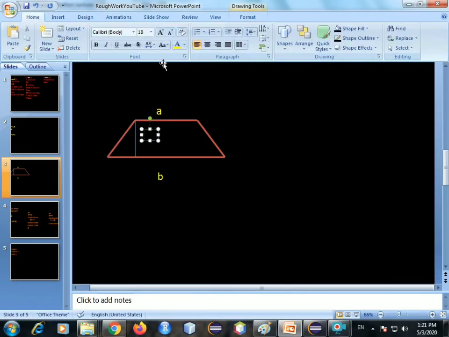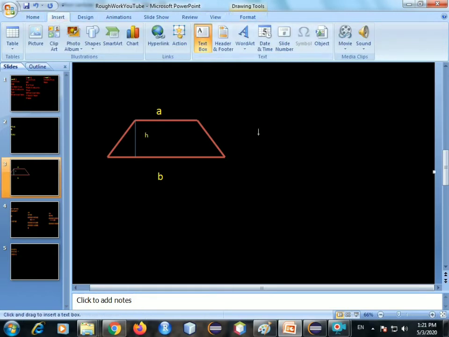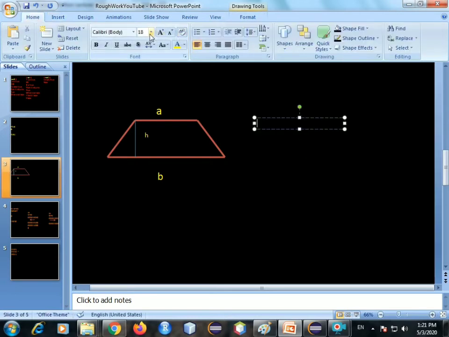Alright, so what the formula says is you have a plus b, divided by 2, and then multiply this entire thing with the height, right?